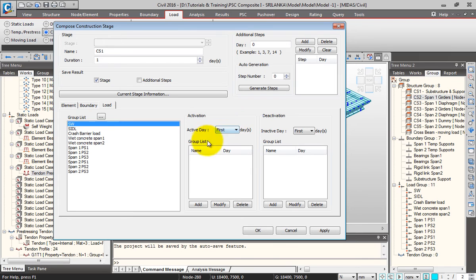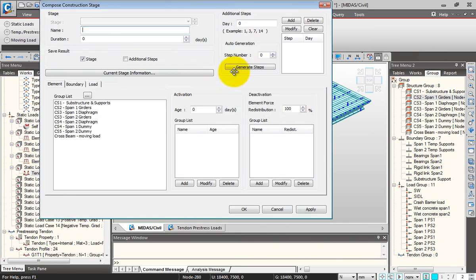So I'll select first day, the self weight would be acting. So I'll click on add. So whatever the element, boundary and the loads that you activate would stay activated till you deactivate. So this is CS1. I'll click OK, then I'll add,